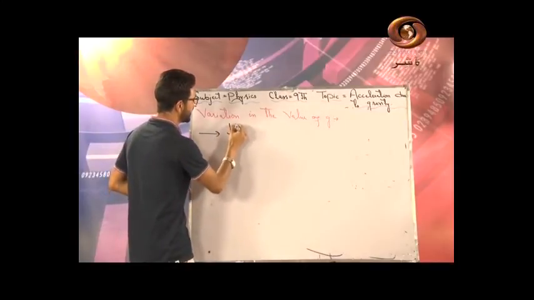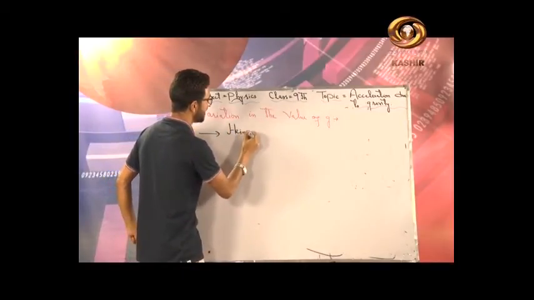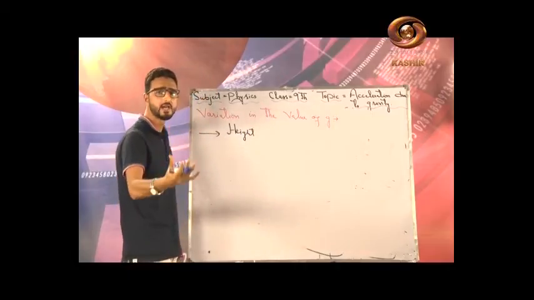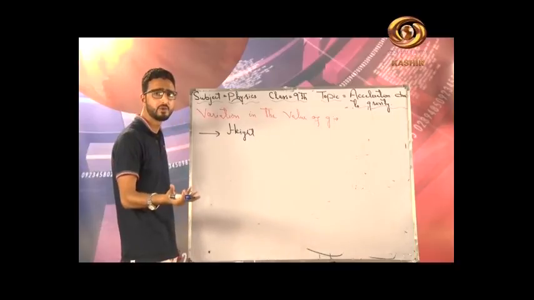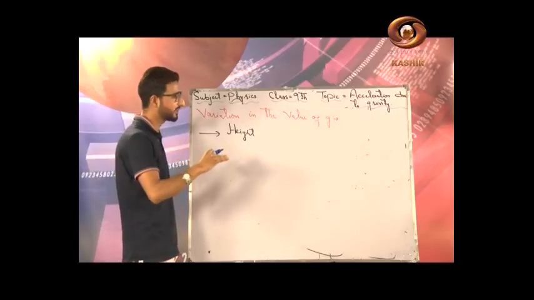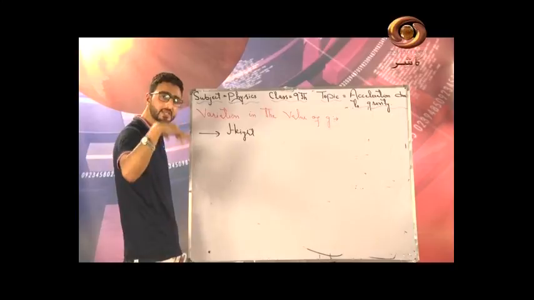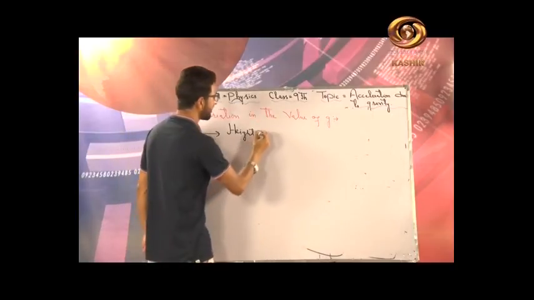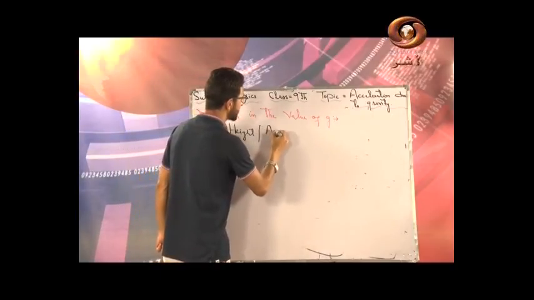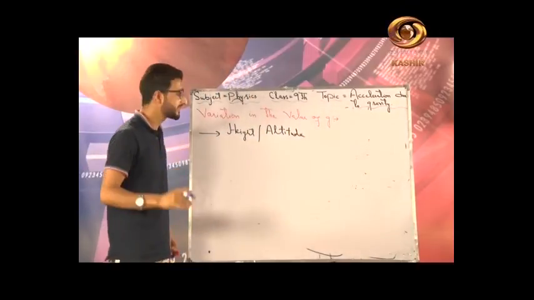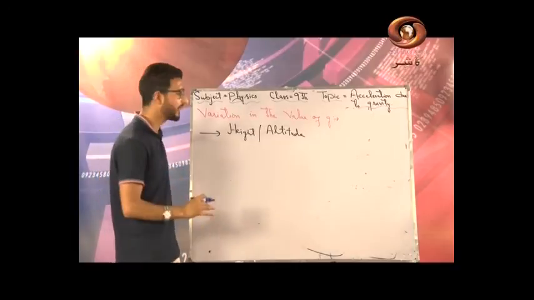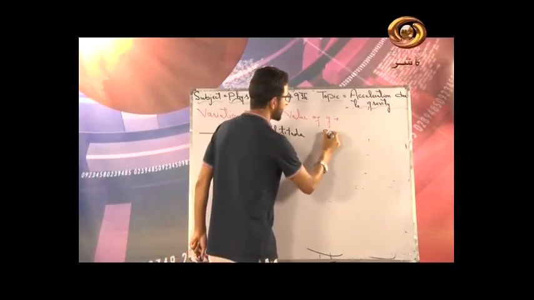What are those 4 factors? Number 1, it depends upon the height. I mean if we go above the surface of earth, what will happen to acceleration due to gravity? Basically you will study this in 11th class. I will tell you the points, I cannot derive the expression here, but I will certainly tell you the result. It depends upon the height, or you can say it depends upon the altitude, right? So it depends upon height or altitude. How it depends, I already said, I will just tell you the expression.